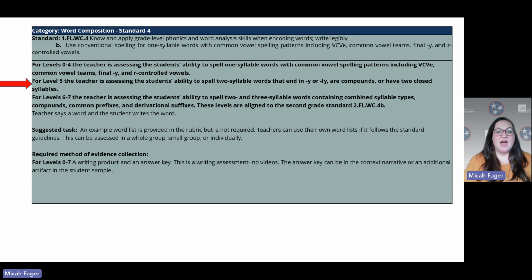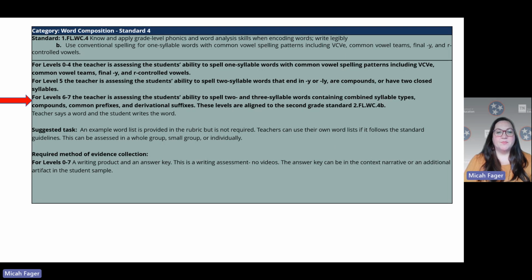When students are at level 5, the teacher is assessing the student's ability to spell two-syllable words that end in Y or LY, are compounds, or have two closed syllables. When students are at levels 6 and 7, the teacher is assessing the student's ability to spell two and three syllable words containing combined syllable types, compounds, common prefixes, and derivational suffixes. These levels are aligned to the second grade standard 2